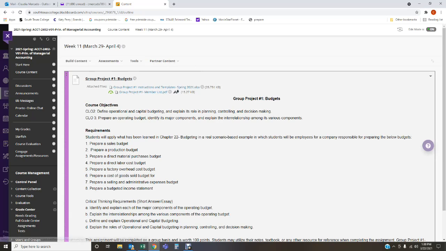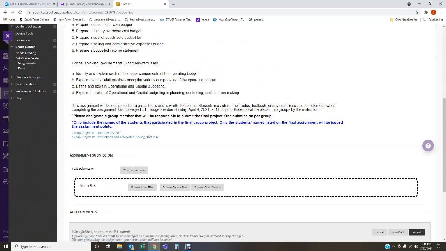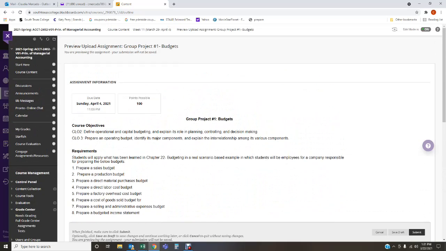If you click the underline down here, it's going to open up another page. And then here you can just browse your files, select the file, and then attach it, and then it'll get submitted to me, and then I'll grade the file, okay? I do need an Excel version submitted. I don't want you PDFing anything. I don't want you doing any of that. I'm providing you with an Excel file. You need to enter all of the information in the Excel file, save it, and then send it over to me in Excel format, okay?